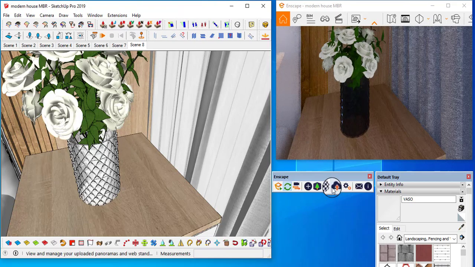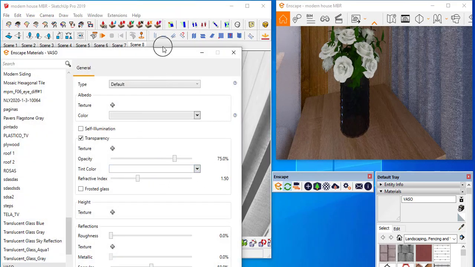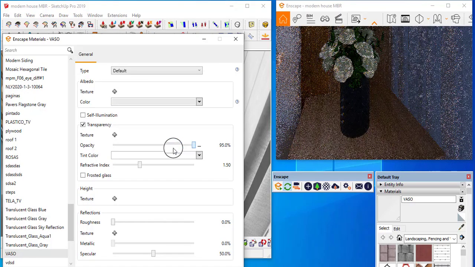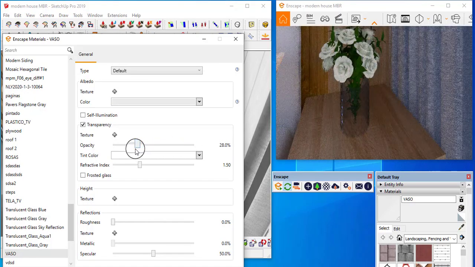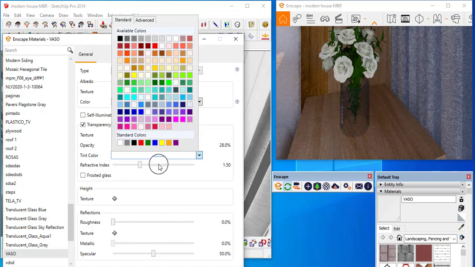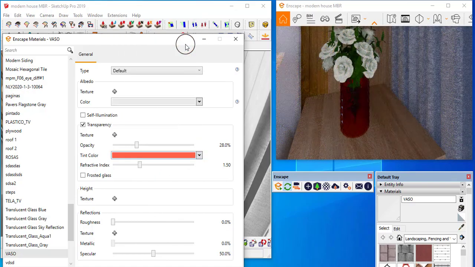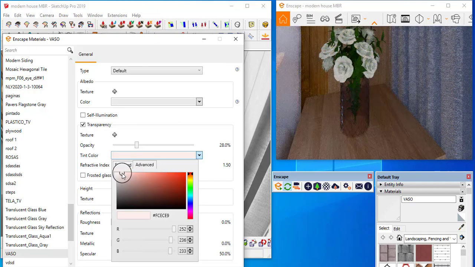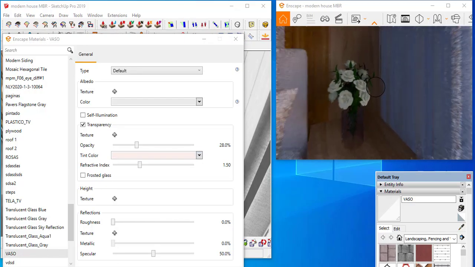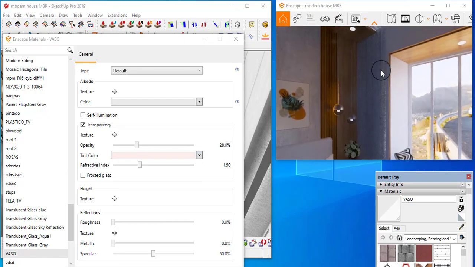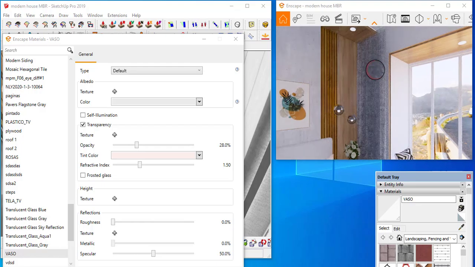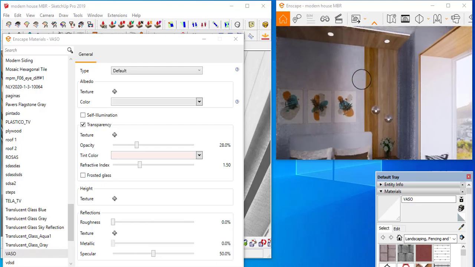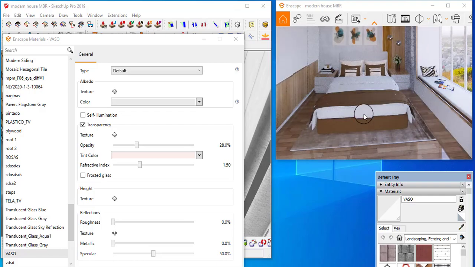So go to materials, and transparency is there, opacity, okay, a little bit dull. If you want, you can add a transparent color, but I don't want to. Very dull, that's it. Light colors only. The rest of everything is good, I'm going to keep it as it is. I didn't need to add the curtains either, because we already adjusted them in the previous video. And for this bed material there is also nothing to do, and this carpet also needs nothing.